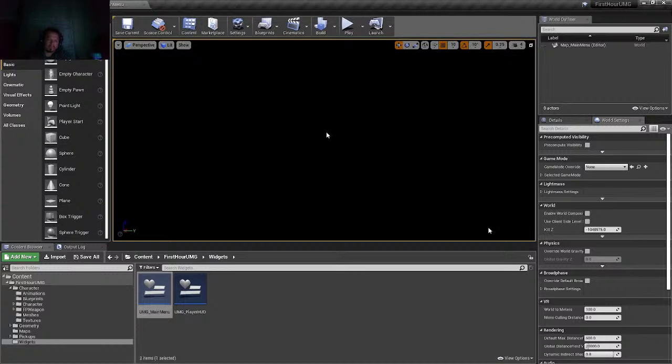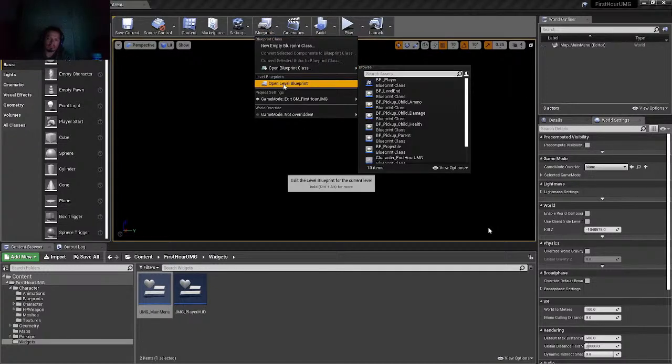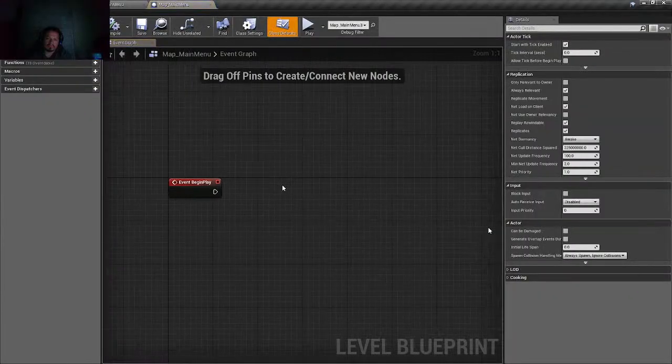We're going to create our main menu using the system we did before, creating the widget and adding it to our viewport inside of our level blueprint. Now, if we go to Blueprints, Open Level Blueprint, we're going to open up the Blueprint graph. Traditionally, you don't use the level blueprint for much, but because this is a sample project and it's a very small item we're creating, this is fine because it's more of a one-off event just to get it on the